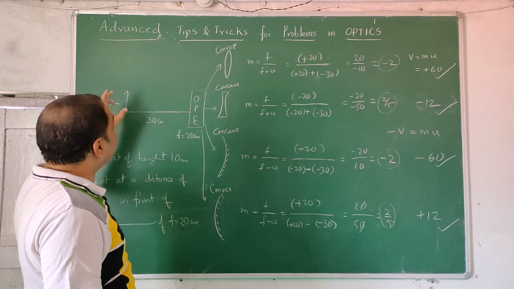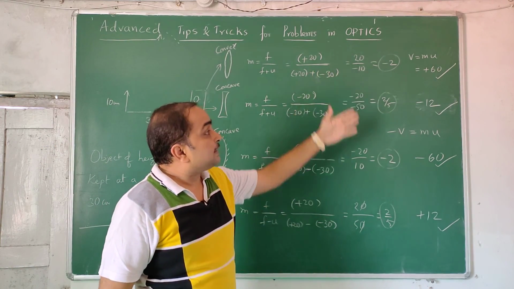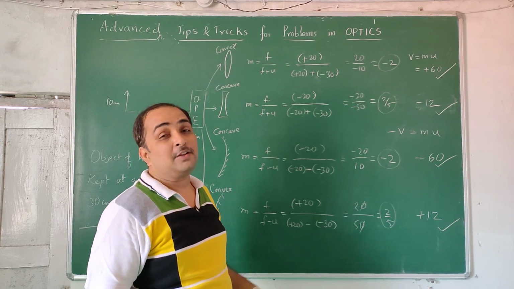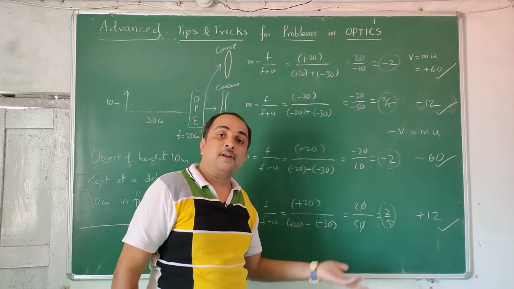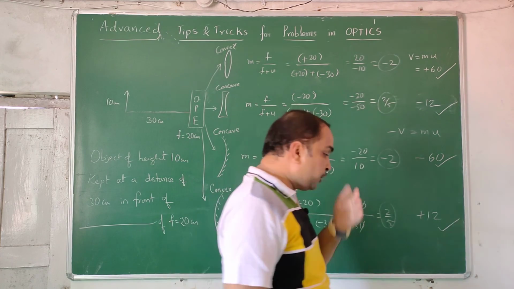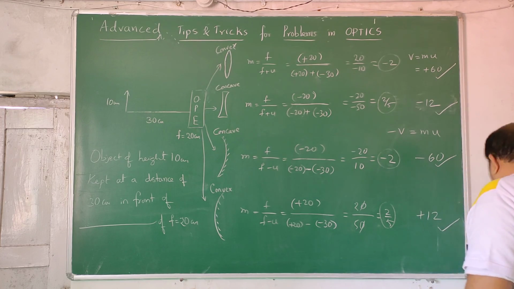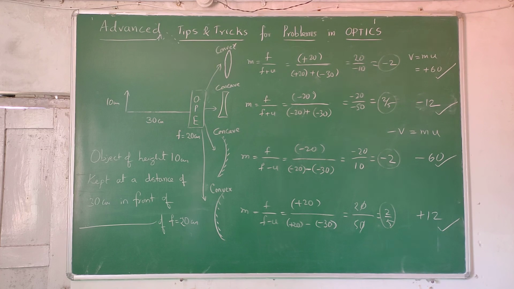We have taken the same object, the same focal length, the same object distance, the same object height, but all the image distances are different from one another. Each of them has corresponding reasons. Minus means left side, plus means right side. The right side for lenses is real, the left side for mirrors is real. So you have to come to all these conclusions. Try this problem individually and get the answers, then you will understand the basic difference between concave mirror, convex mirror, concave lens and convex lens.